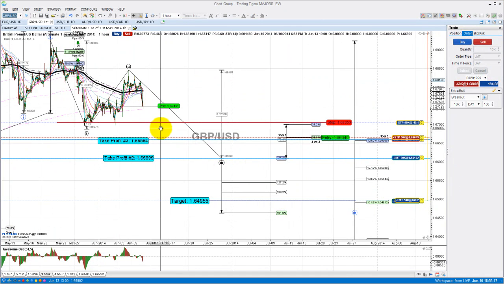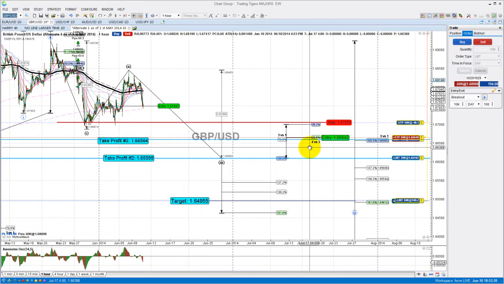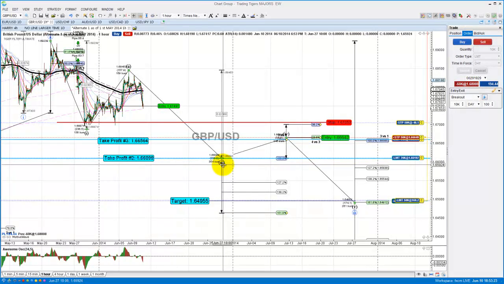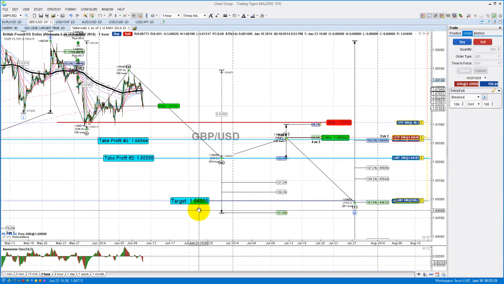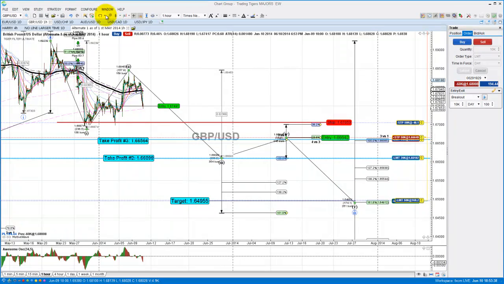So what we're going to do is take a trade at this particular level of the wave 4 at 1.66642 with a stop level at 1.6705 to complete the final leg at 64.95. The stop loss is 40 points, and our reward is 166. So that's a 1 to 4 risk reward trade, riding the wave 4, riding the wave 5 all